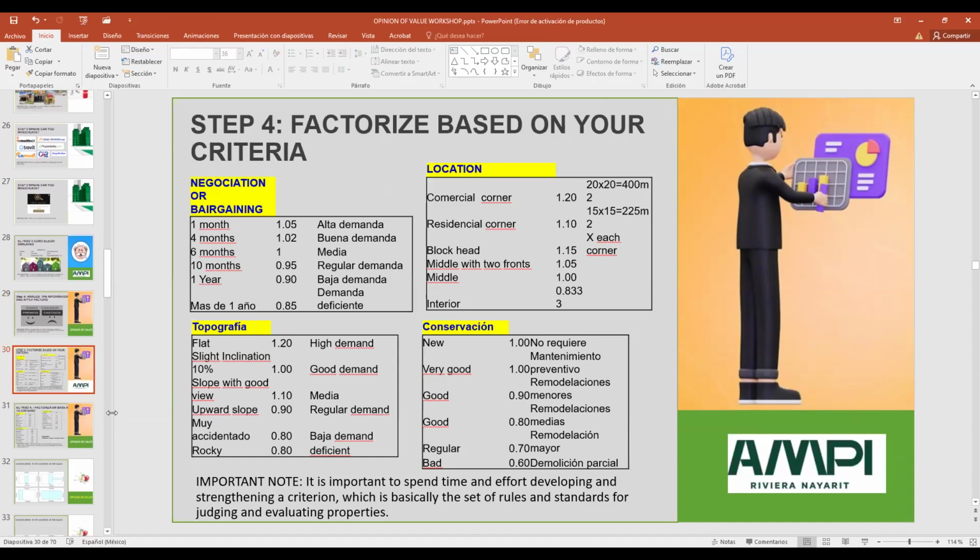This is how we're going to work with the punishments and rewards. We're going to punish or reward a property because of the negotiation or bargaining, because of the location, because of the topography or the conservation.